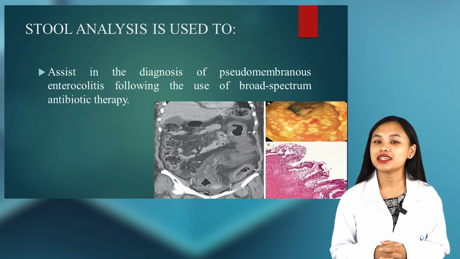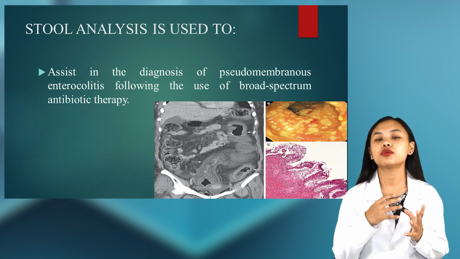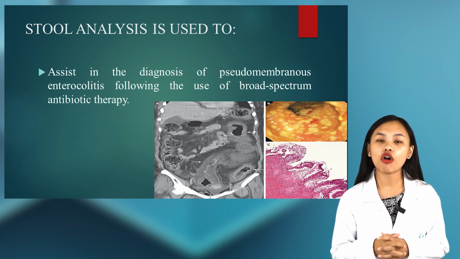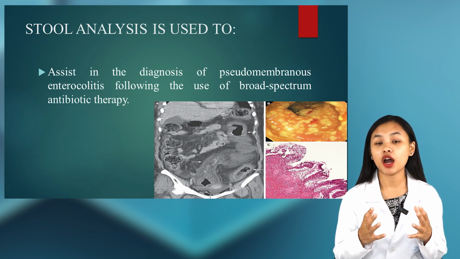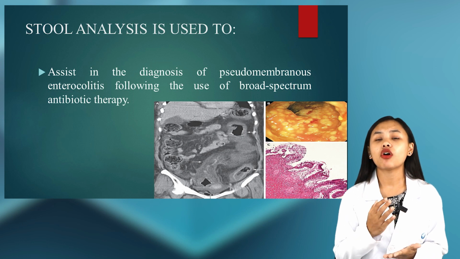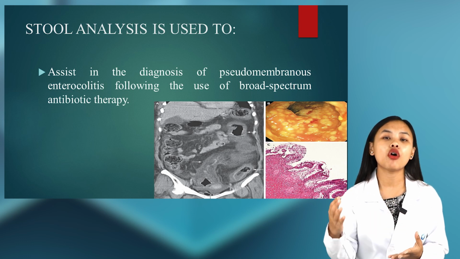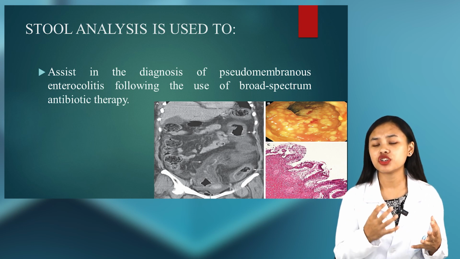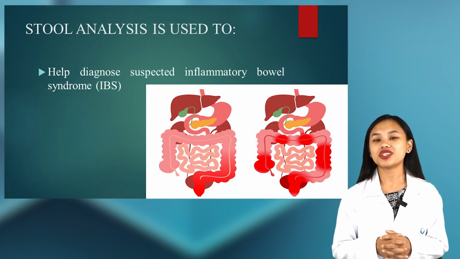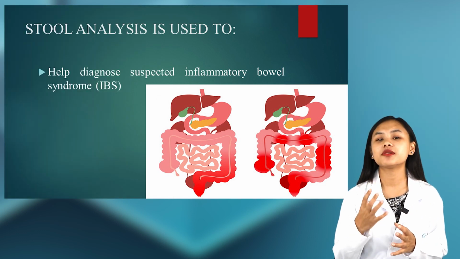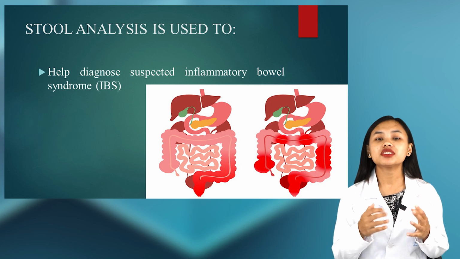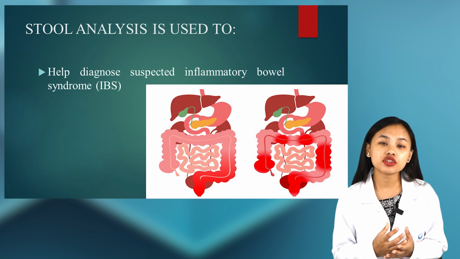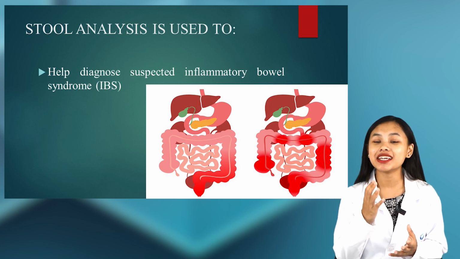To assist in the diagnosis of pseudomembranous enterocolitis following the use of broad-spectrum antibiotic therapy, this can also be done, as I've said, in order to diagnose if there is presence of inflammatory bowel diseases, or to diagnose suspected inflammatory bowel syndrome. This is also done in order to identify the cause of diarrhea if a person is having so,